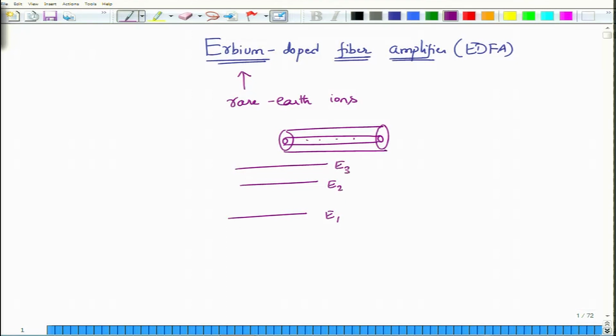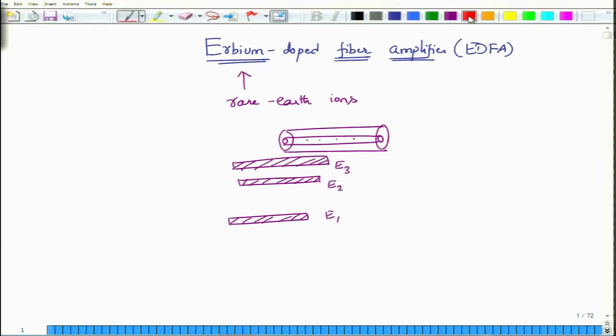There are actually many more of these, and in fact it turns out that these are not discrete isolated states, but rather bands that we would have to look at. The spectroscopic details of erbium ions is something that we are not going to look at in this course. The basic idea is that you have a band of energies at one level called E1, then there is a band of energies at E2 and E3.